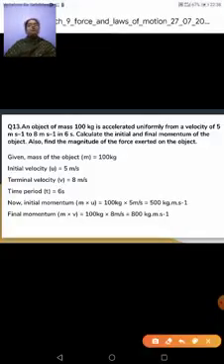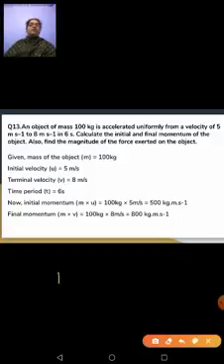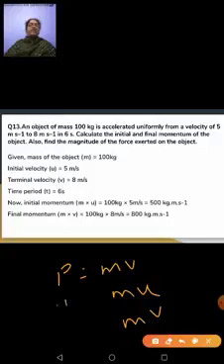You know the formula for momentum. What is that? P is equal to mv. When we talk about initial momentum, we'll have this as mu. When we talk about final momentum, we will have it as mv. Initial momentum, final momentum, so that will be taken as mu and mv.